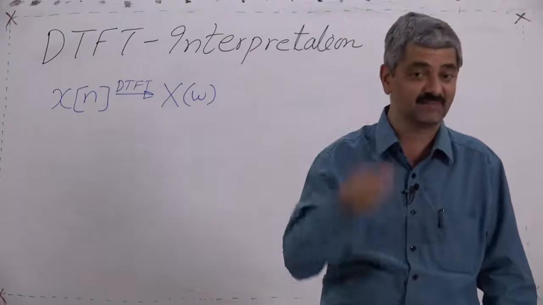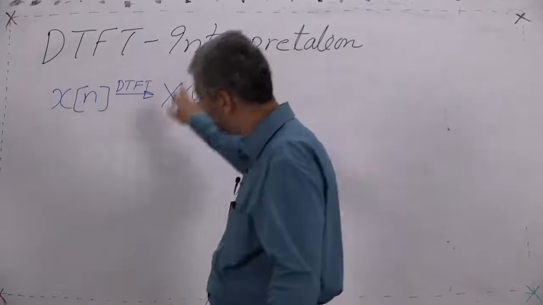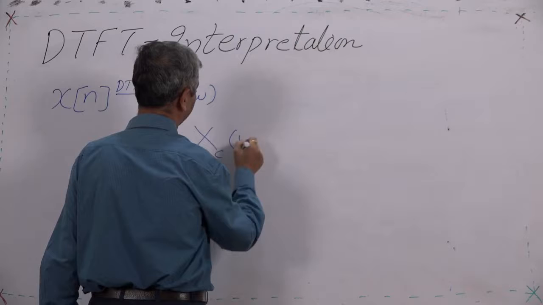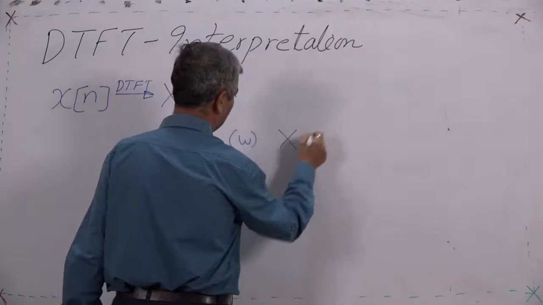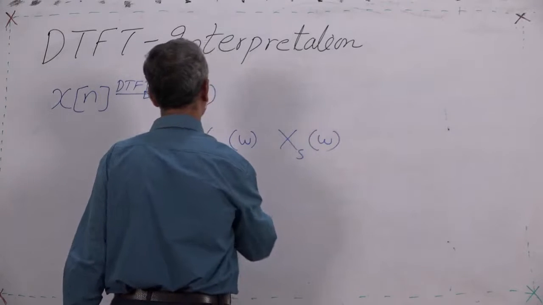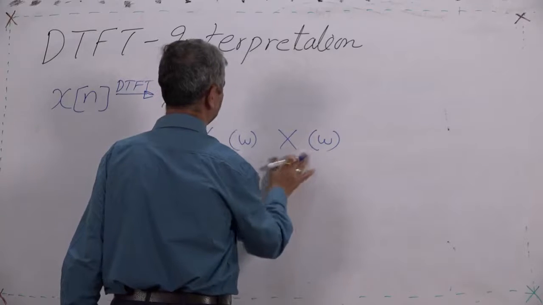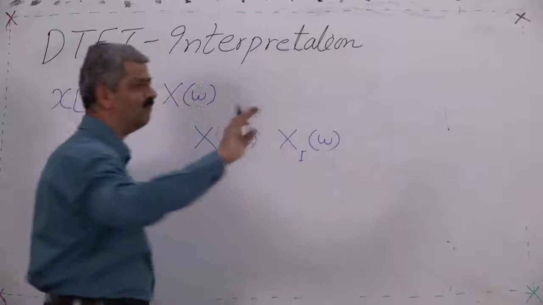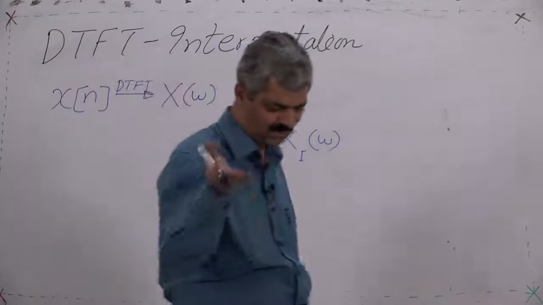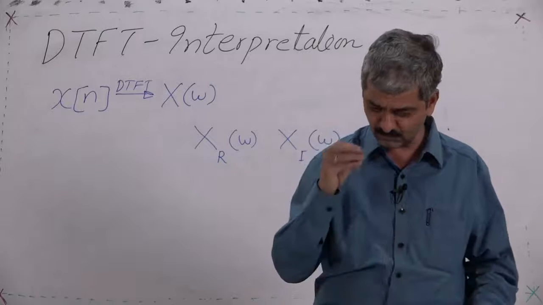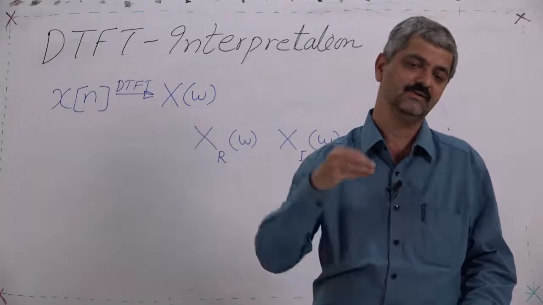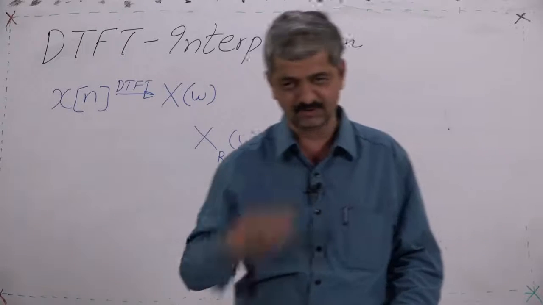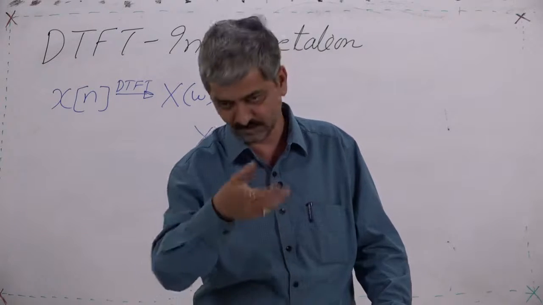It is a two-dimensional number, meaning X of omega will always include, as we discussed earlier, an Xc of omega and an Xs of omega in different manners. So, we can say a real part and an imaginary part, where Xr of omega is Xc of omega and Xi of omega is minus Xs of omega, as we discussed. So, what I wanted to communicate is that for various values of omega, the DTFT of a given function has different values.